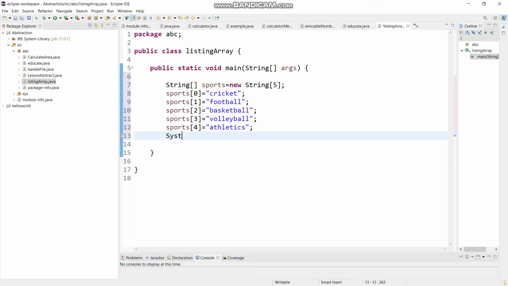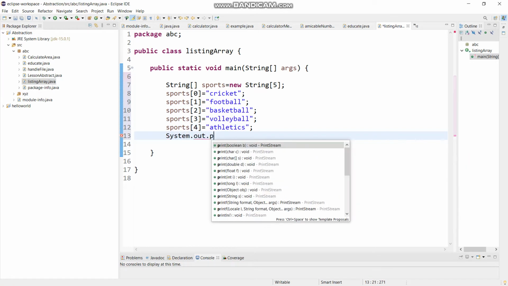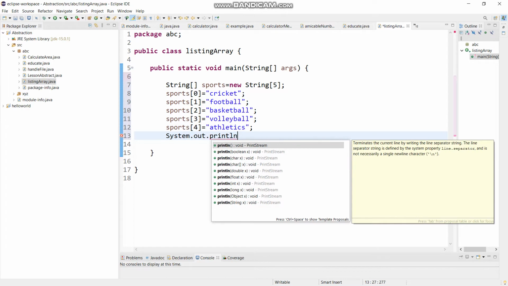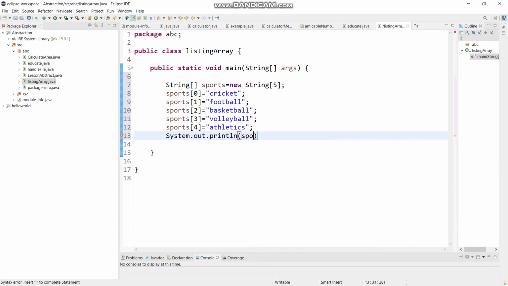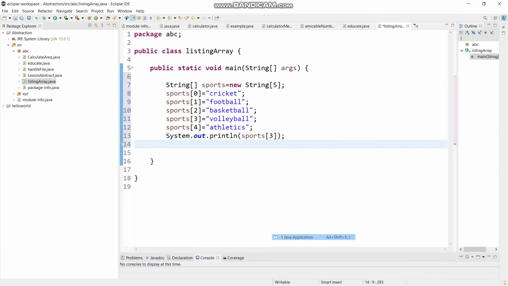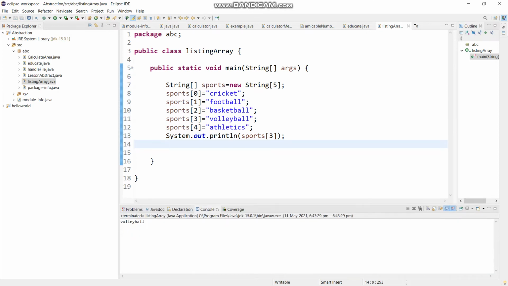Then with the help of the System.out.println method, we are going to display the result on the screen, whichever element you want. Inside sports we will give the number 3, and now we will run this program. As you can see, volleyball is printed because volleyball is at index number 3.